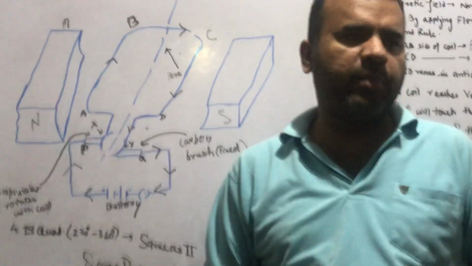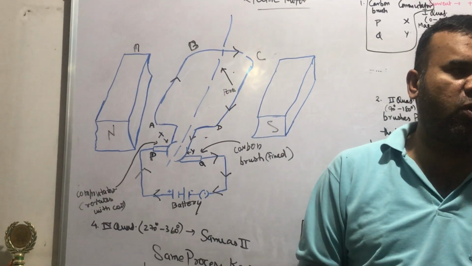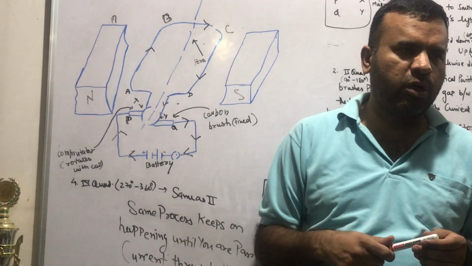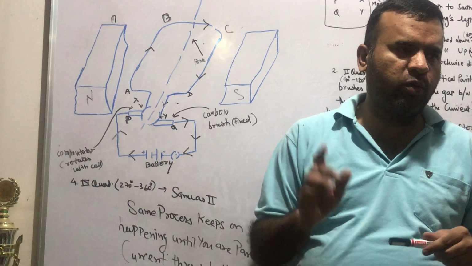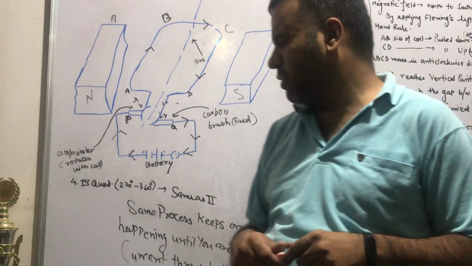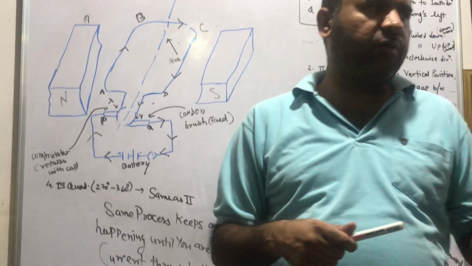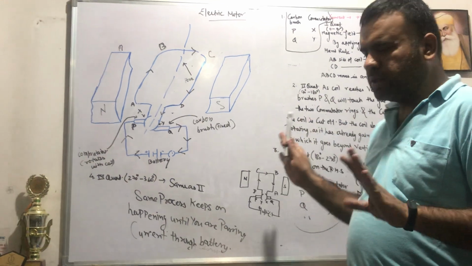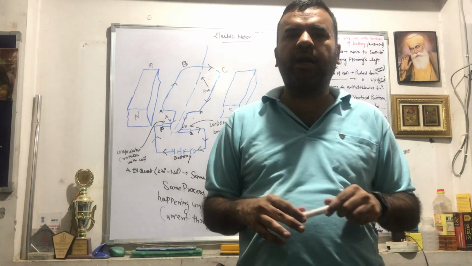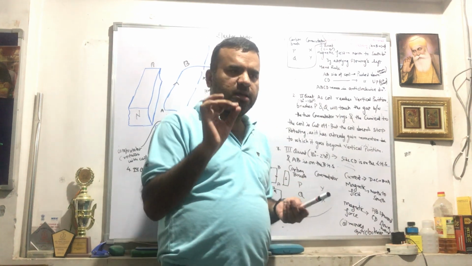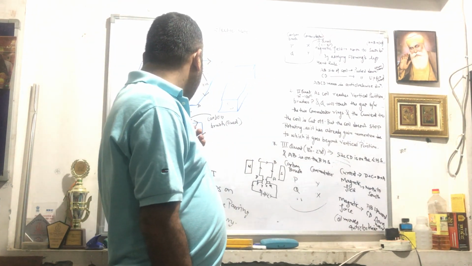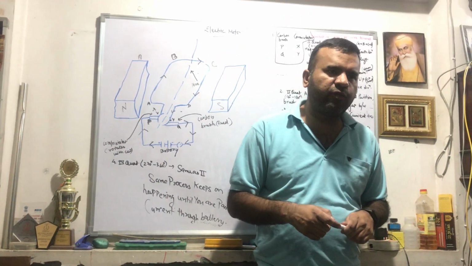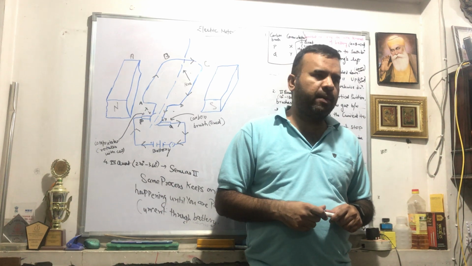Everybody knows the role of battery and switch. Battery gives the continuous supply of electric current, and switch is to cut off the supply. You can use key also, but because electric motor is a heavy device, we are using switches, right? So this is all about the construction. Construction you have to write in form of points. You have to write that this commutator is denoted by capital X and capital Y here, and its function is to reverse the direction of electric current. Construction you will write in points.